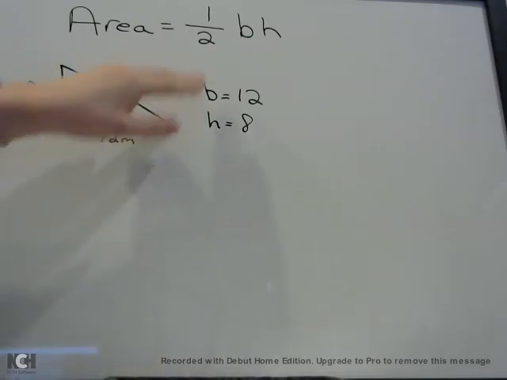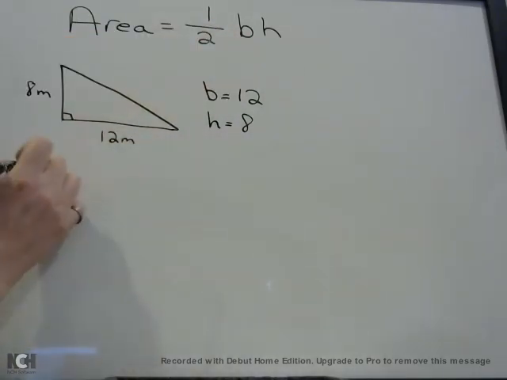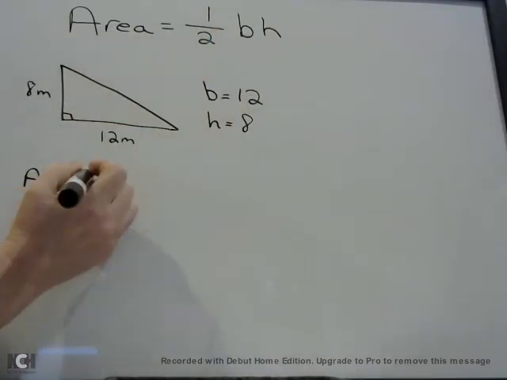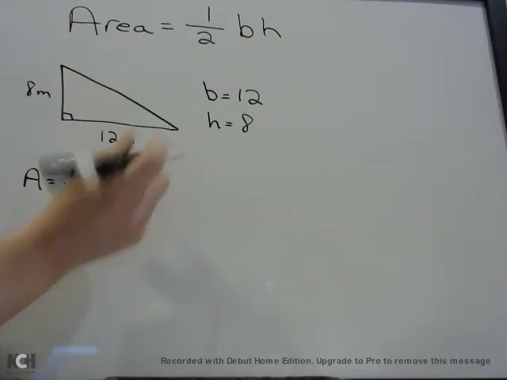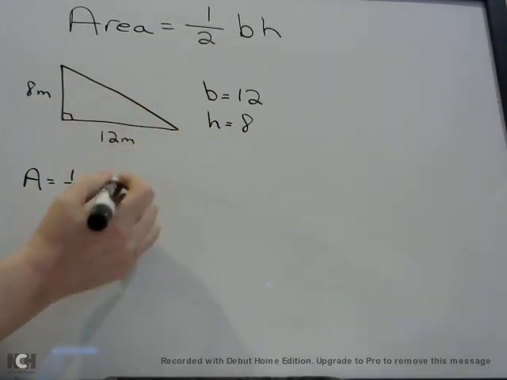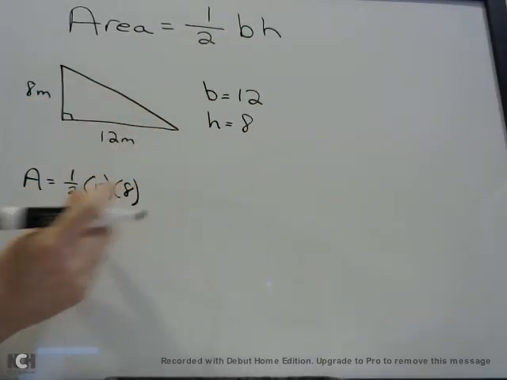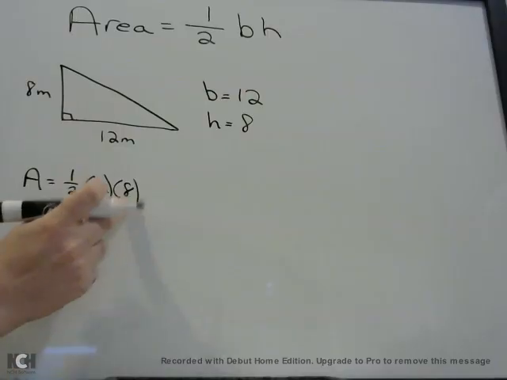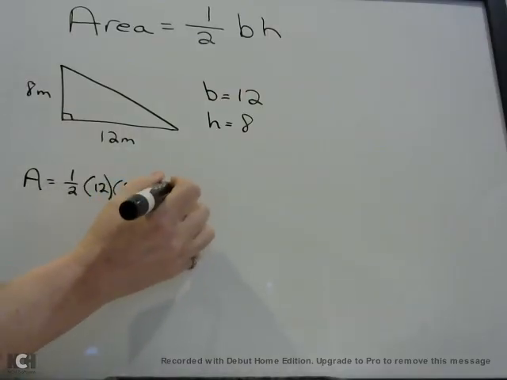All we do is plug those numbers into the formula. So area, which we'll denote as A, equals 1/2 times B, so times 12, times H, which is 8. When we write them in parentheses, that means multiplication. So here we have 1/2 times 12 times 8, that equals